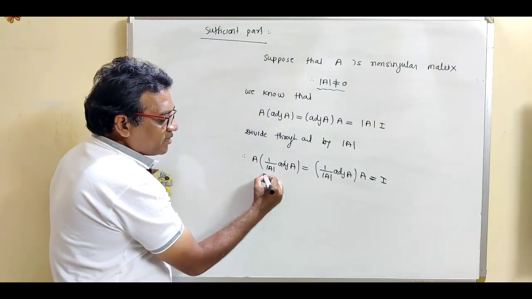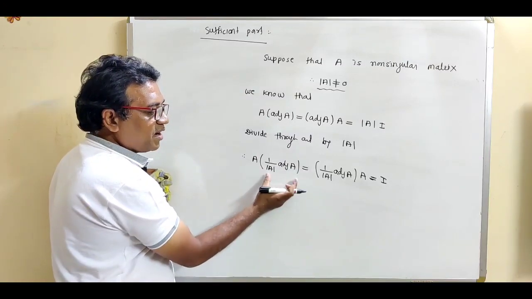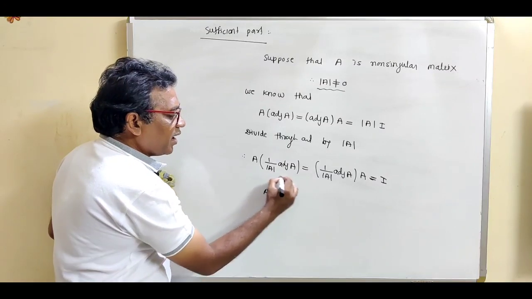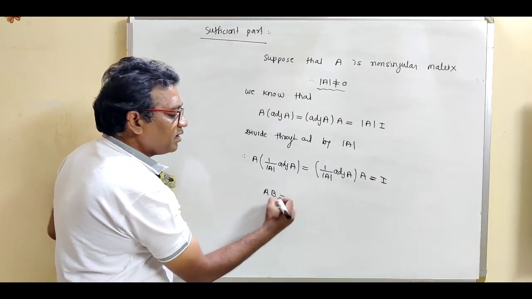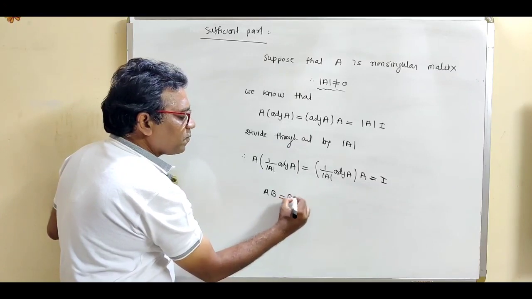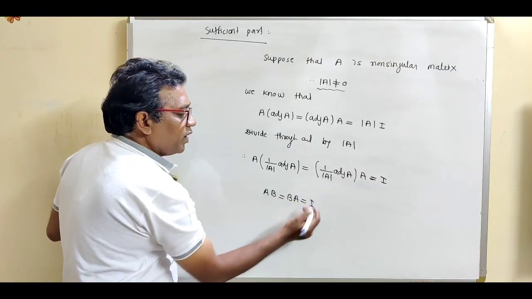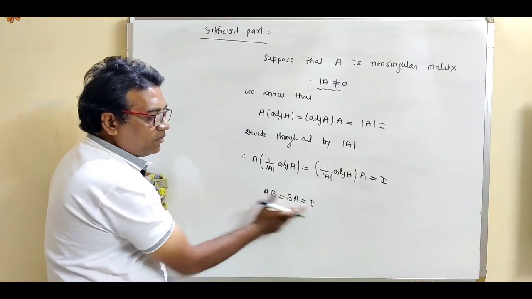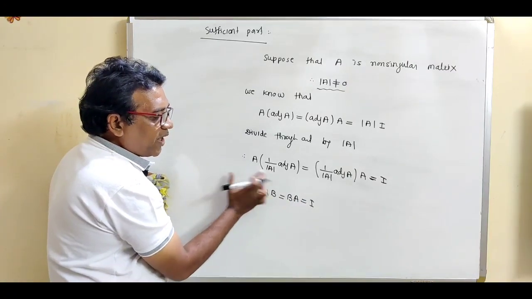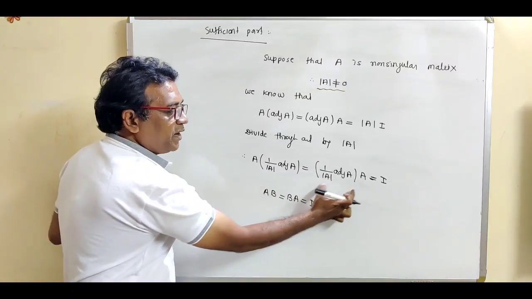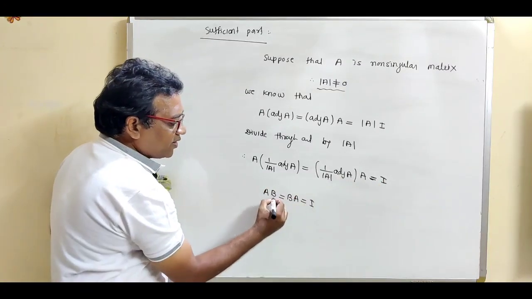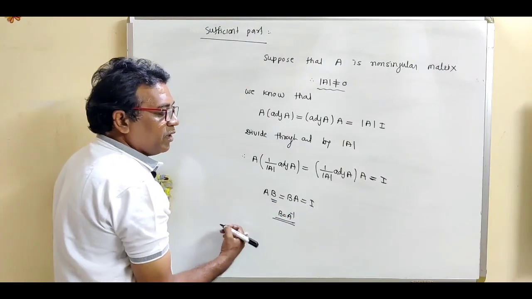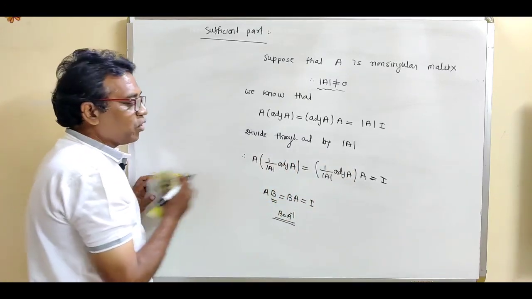So see what is this step? If you denote this second number, suppose by B, then what is this step? This is just like A, and denote this number suppose by B, is equal to, this is again B into A is equal to I. So this is exactly the definition of inverse. What is the definition of inverse? If the product of A into B is equal to B into A is equal to I, then this second element B is called the inverse of the first element.